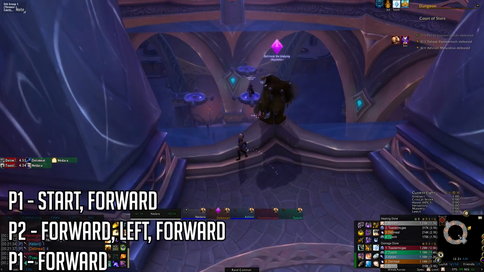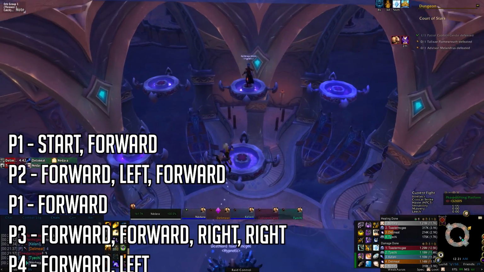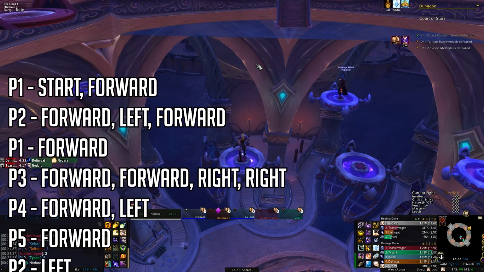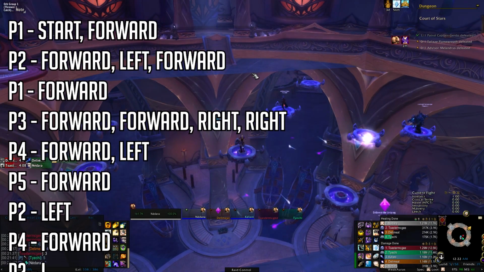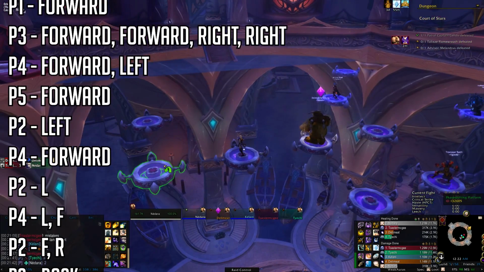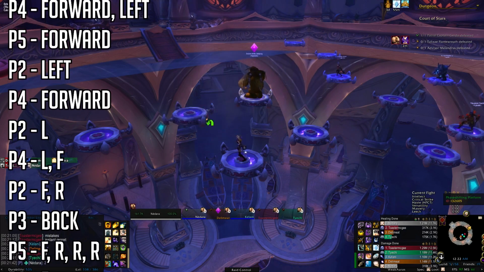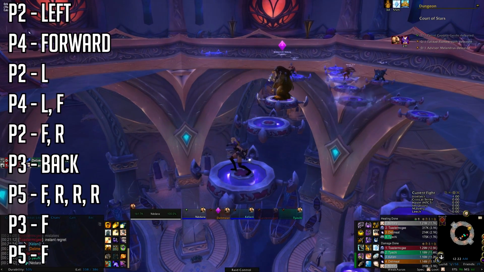Player 1 needs to jump onto the platform and start the puzzle and then jump forwards. Player 2 needs to jump forward, then left, then forward. Player 1 jumps forward. Player 3 jumps forward, forward, right, right. Player 4 jumps forward, then left. Player 5 jumps forward. 2 jumps left. 4 jumps forward. 2 jumps left, 4 jumps left, then forward, 2 jumps forward, then left, 3 jumps back, 5